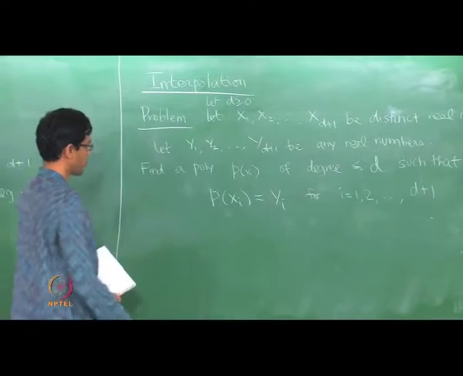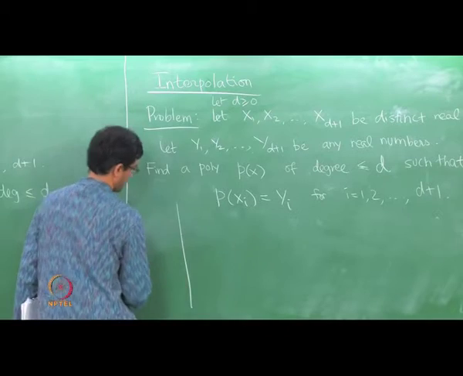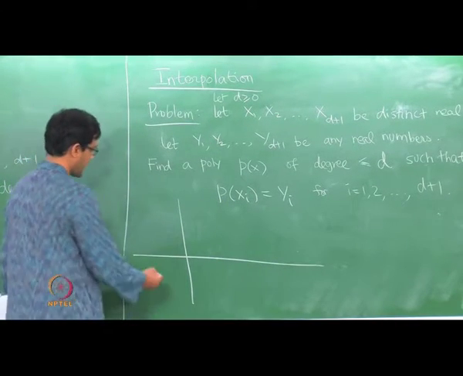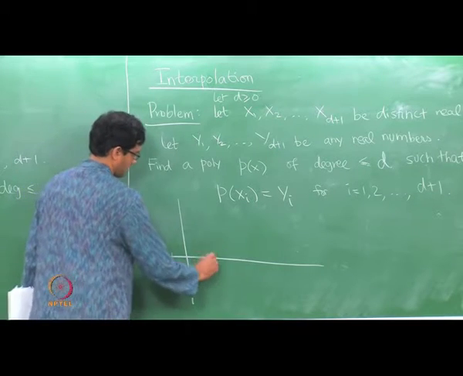Okay. So in somewhat more graphical terms, what this says is something like the following: you take some distinct real